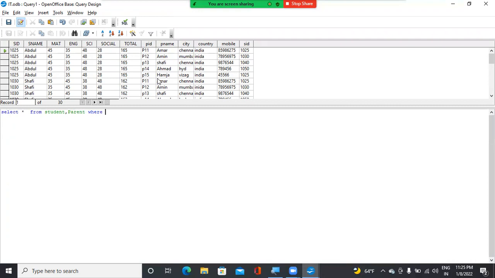In design view, if you establish the relationship, we can't find this type of Cartesian product, that means invalid data. Here it will be eliminated by giving this condition: where SID equal to, which matches the SID of the primary key of the base table with the foreign key of the child table. The foreign key of the child table is small SID. Now, if you run this query,